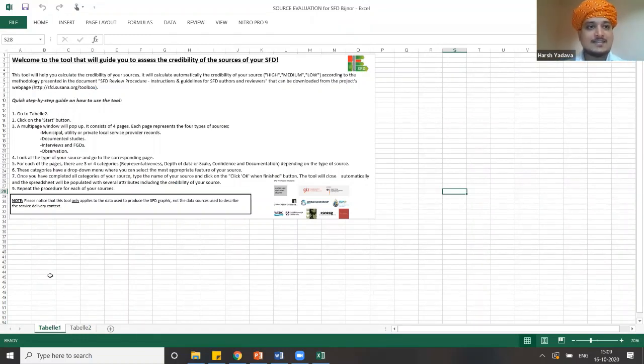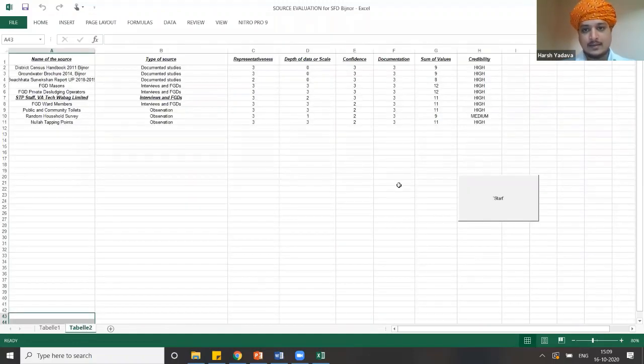When you open this Excel sheet, this is the first sheet you will get, where it is already explained how to fill the sheet. For filling the sheet, you can go to table number 2 here, and this is where you fill in the sources and details of the documents you have read while doing the SFD research.